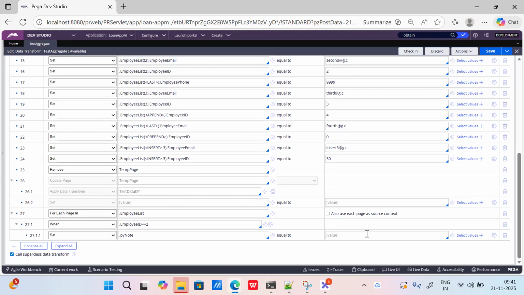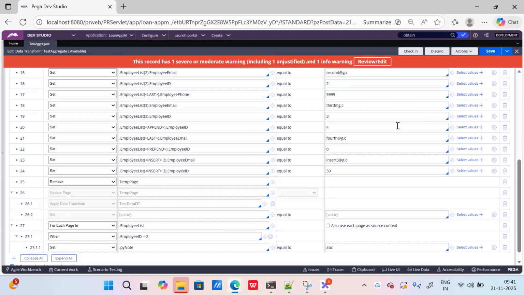So there are two changes that I need to make here. What is the exact value that I need to set here? For now I'm just going to set it as ABC because I'm not sure what needs to be set.